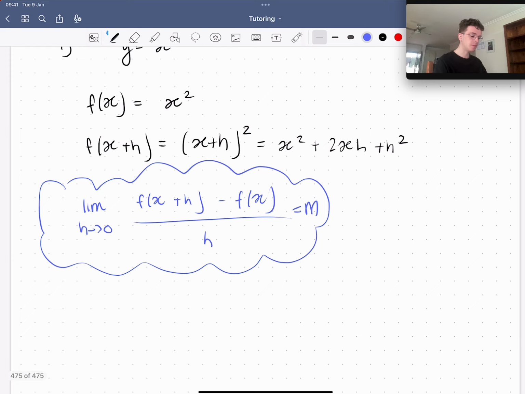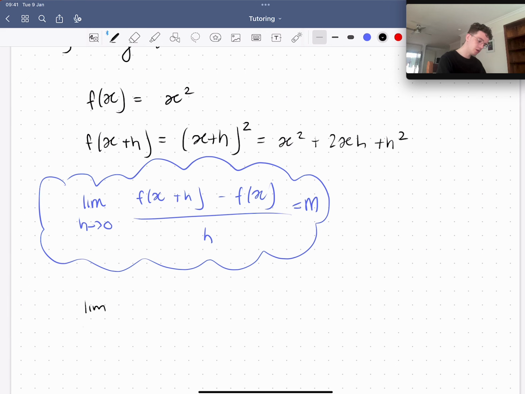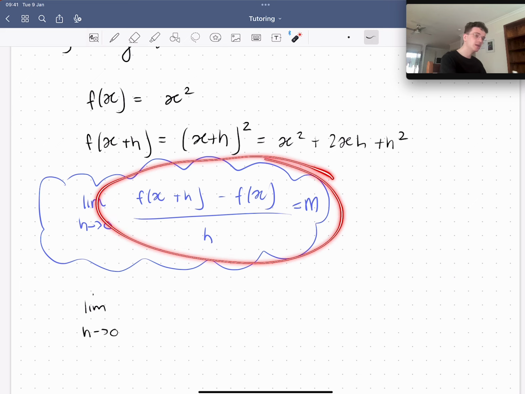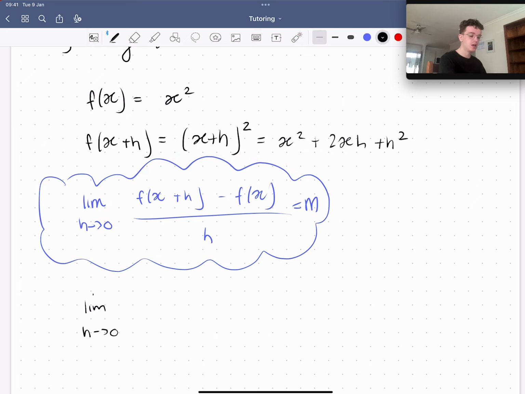So, substituting into that formula, we have to write the limit every single line. Limit as h goes towards 0. If you don't write limit, if you just start doing this, it's incorrect. It doesn't make any sense. You have to write limit. f of x plus h is x squared plus 2xh plus h squared, minus f of x, which is x squared, all over